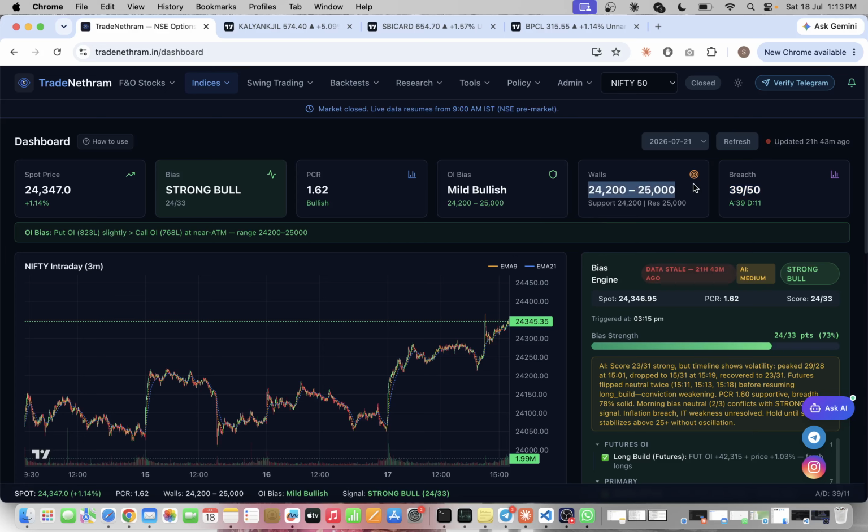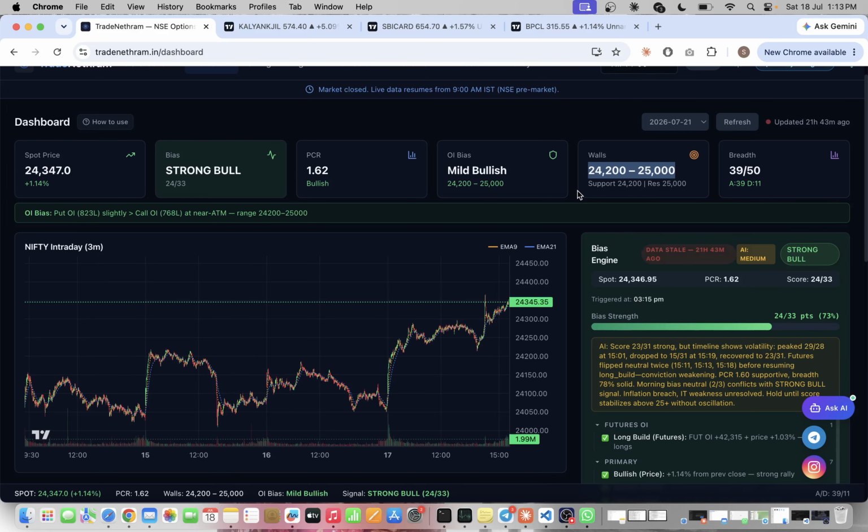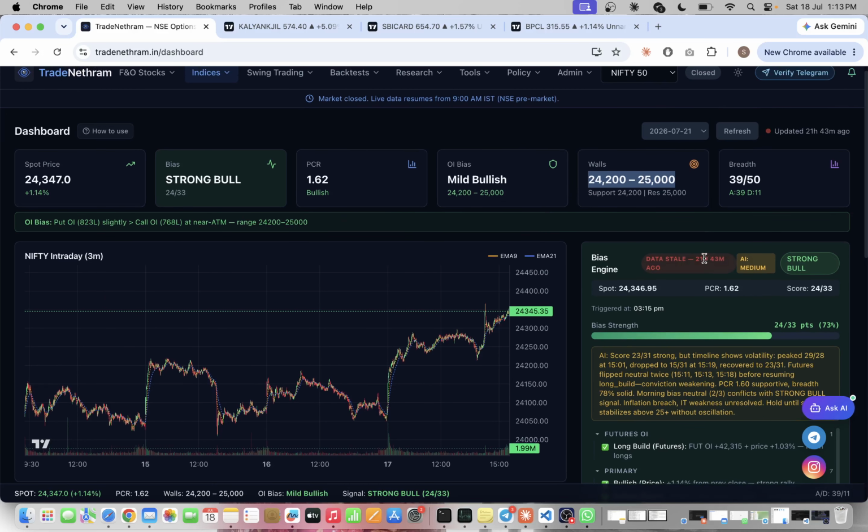And also, walls mean where the biggest OI is currently lying. We kept a maximum difference between the walls of 500 points only, because in very rare scenarios it breaks the 500 points range and goes above it. So you can see the walls, and if any of these walls breaks, one more point will be added